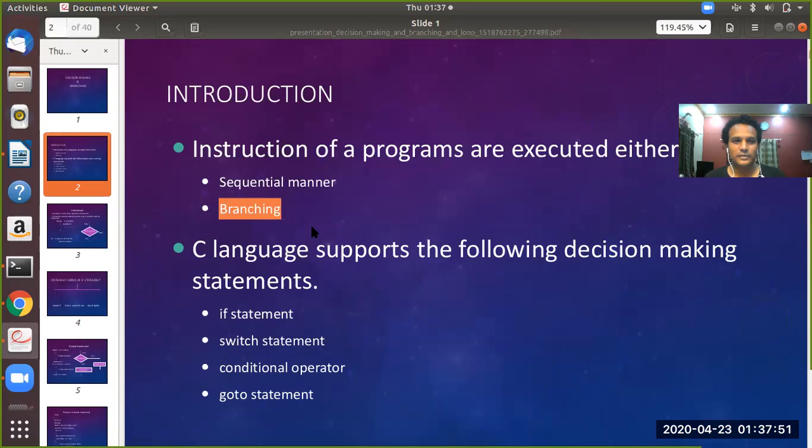Now, in this video, we will learn about those C statements or instructions in the C programming language which will divert the sequential execution to different branches in the program. Branches means different parts in the program or different blocks of code in the program. You will understand when you see the further slides. I'm repeating once again: normally a program executes sequentially.